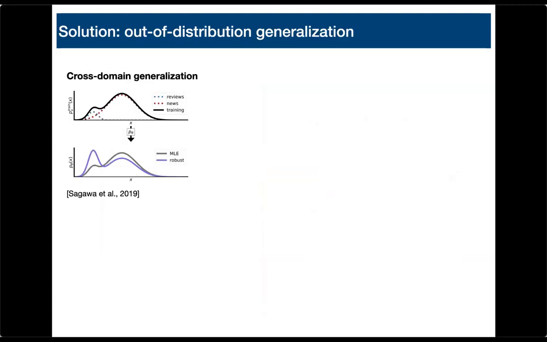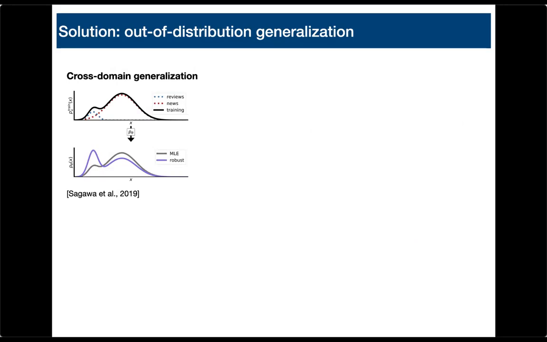So to reconcile or combat this discrepancy between the numbers that we see and the feeling that we have inside, one of the main things that people have been doing is starting to evaluate out-of-distribution generalization. So at test time, you sample examples from a different distribution than the one that you saw at training time. It should be some distribution that humans are good at generalizing to, but we should see whether our models do well or not.